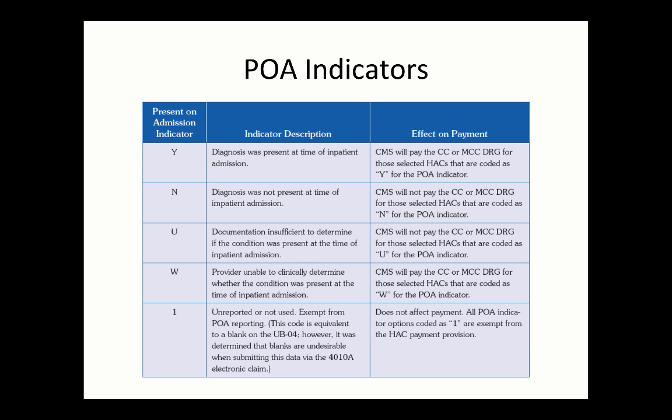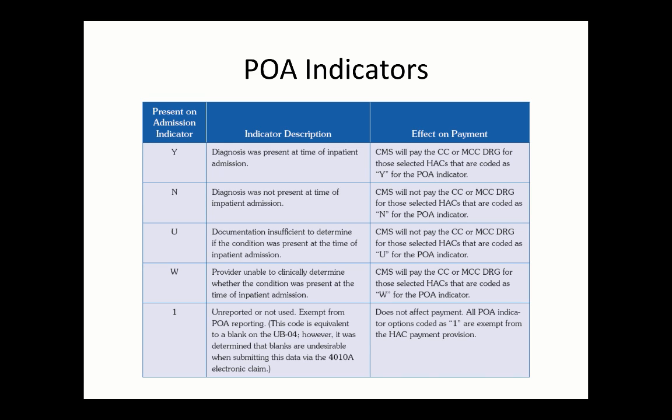In these cases, CMS will pay the CC or MCC DRG for those selected HACs. Lastly, a 1 is for unreported or not used and indicates an exemption from POA reporting and will not affect payment. The HACs that affect payment by CMS for the fiscal year of 2013 are listed in your textbook on